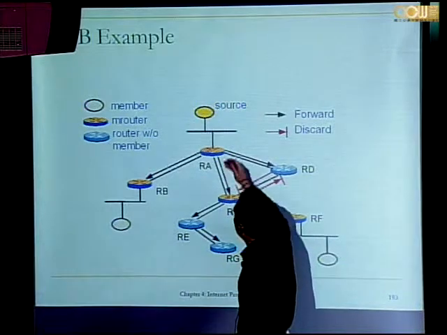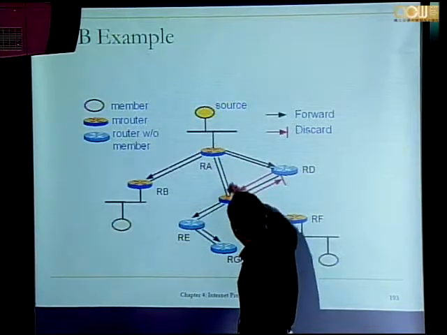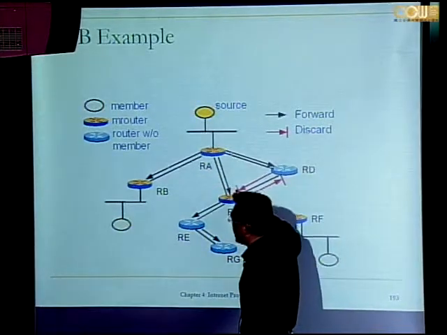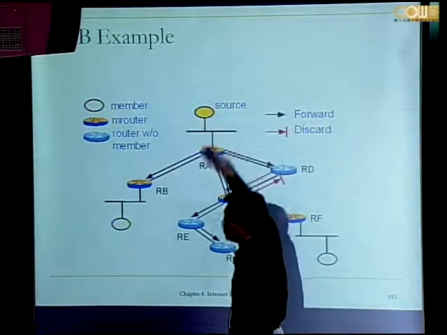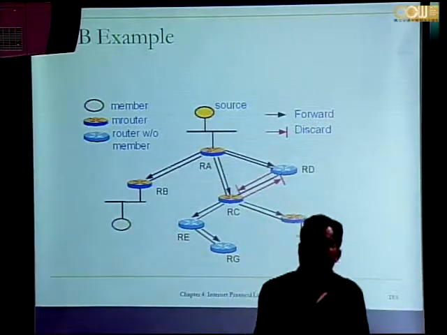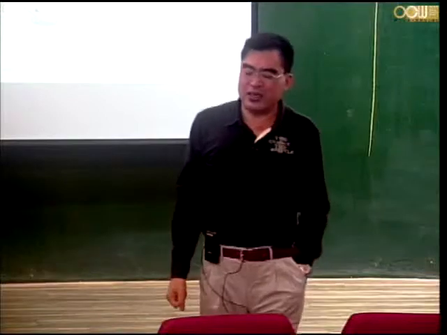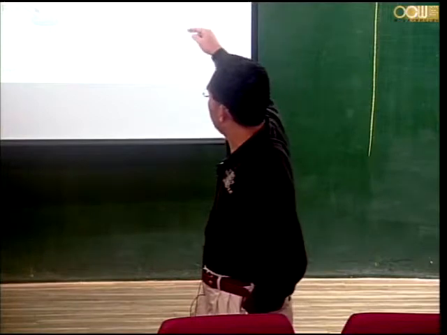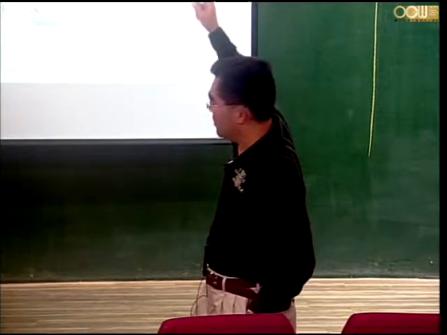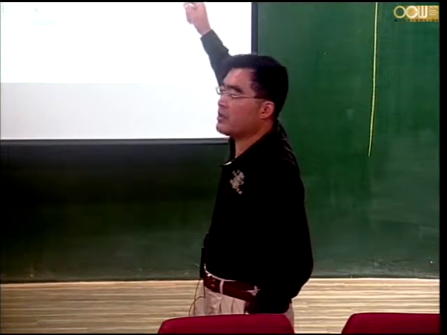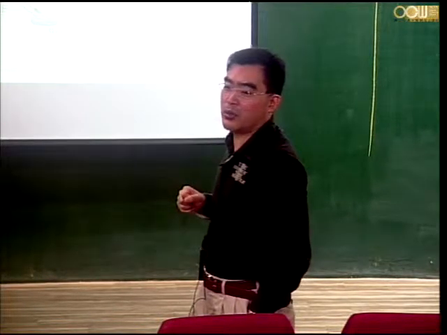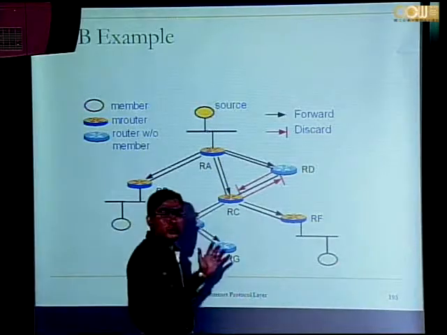So I imply that the shortest path from the source to me is the same as the shortest path from me to the source. I have made the assumption that the path is symmetric, meaning the shortest path back to the source is the same as the shortest path from the source to me. I have made that assumption. Otherwise, in the worst scenario,